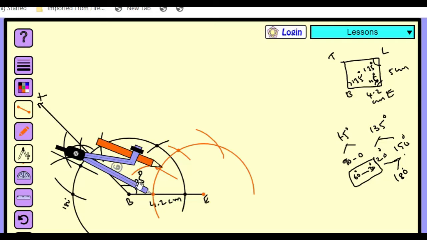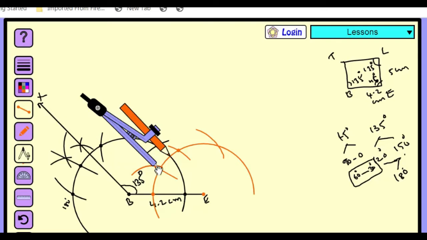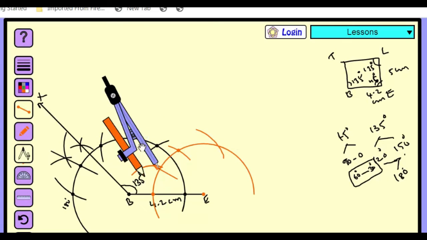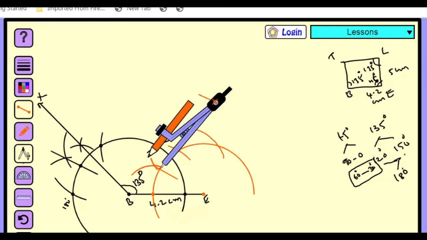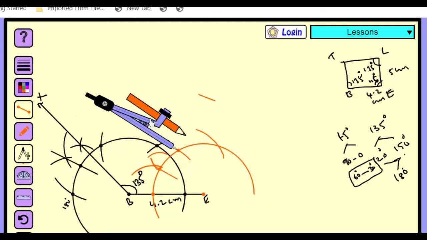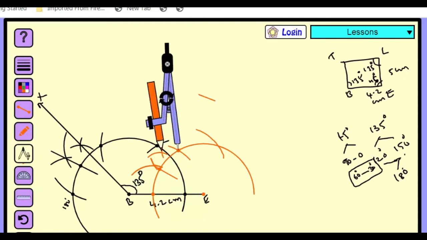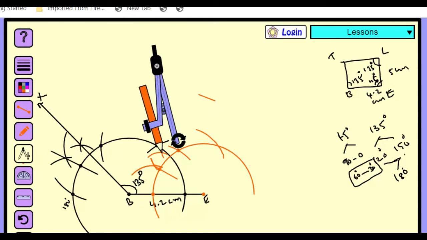Now we are going to bisect the 30 and 60 degrees, so we get 45 degrees. For that, take the compass radius more than half of the length of 60 to 30 degrees. So now with 30 as the center, draw an arc here. Now with 60 as the center, draw another arc which cuts the previous arc at the point 45 degrees. Now here we are getting 45 degrees.